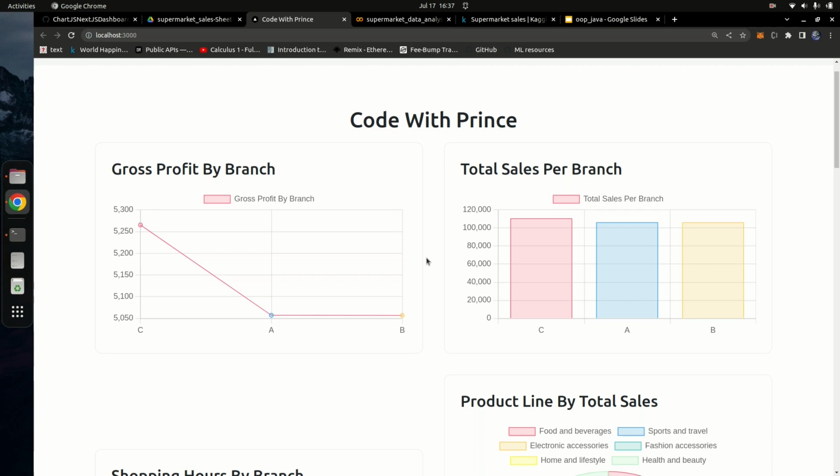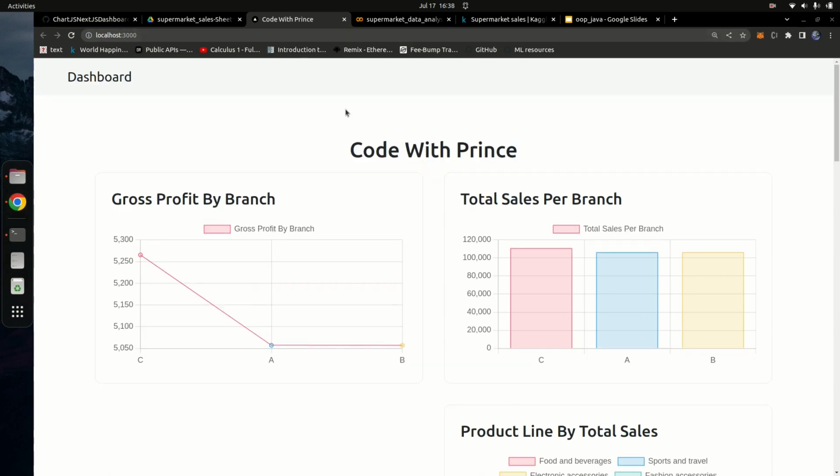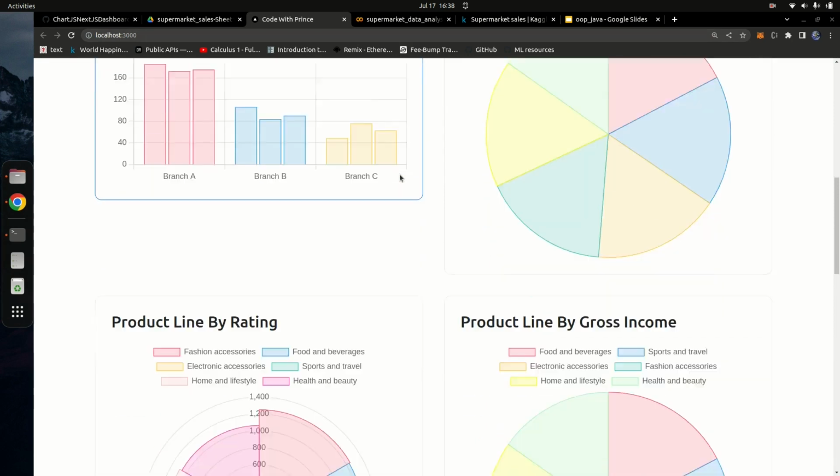We can't do this manually, right? So we need to write a program to do that for us. And that's where Python is really powerful, as Python is the most commonly used language in data analytics.